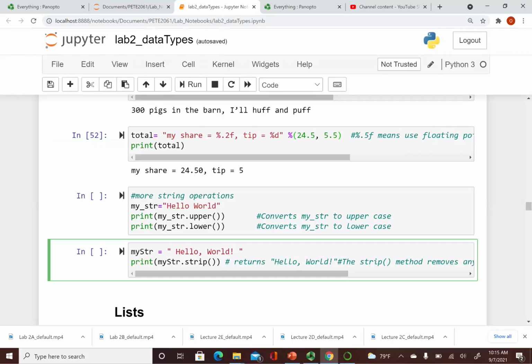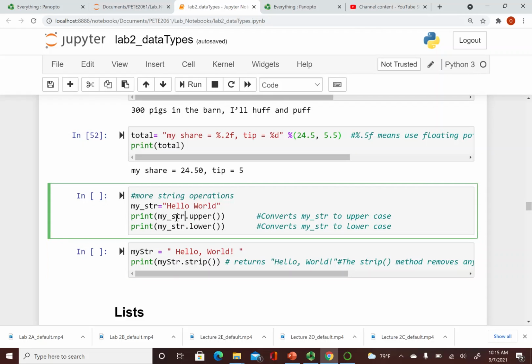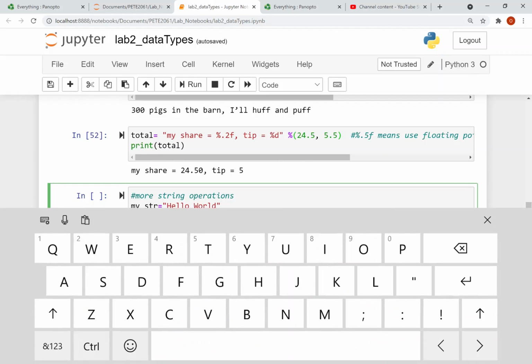More string operations. You can store hello world here. There is another function in your string class which allows you to do upper. So your string dot upper, and then it's going to convert whatever is stored in my string to uppercase, and everything will be in caps. Second, lower will convert everything to small letters. So in this world, this capital W and capital H will become all small letters, and if you run this, you get